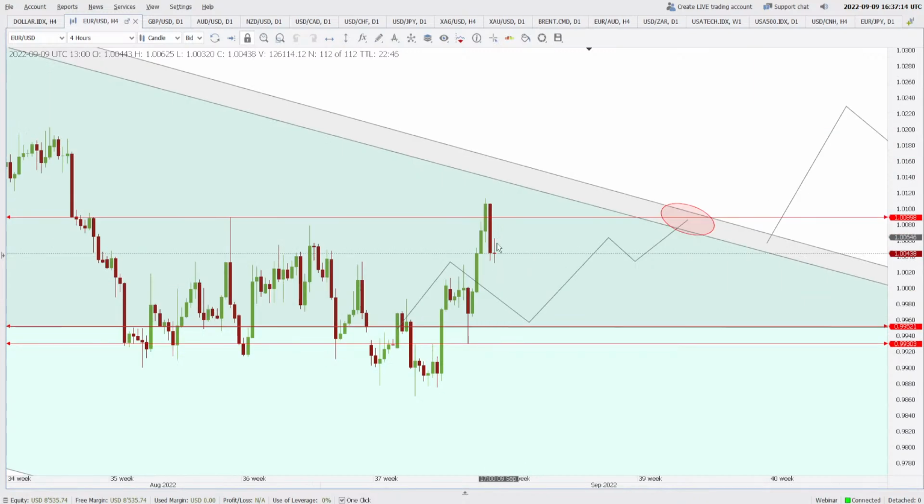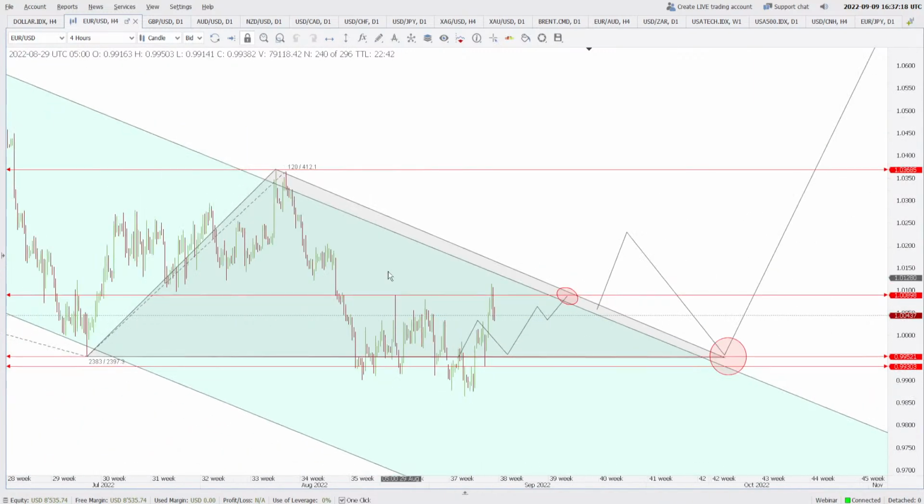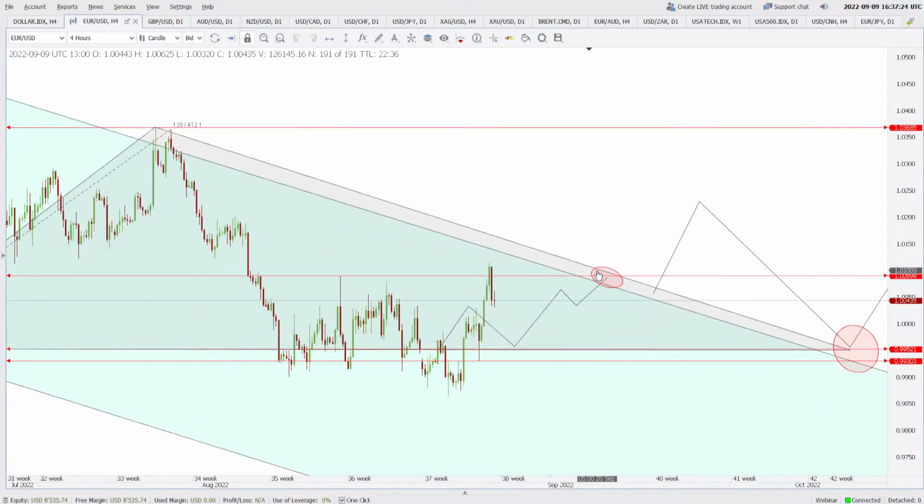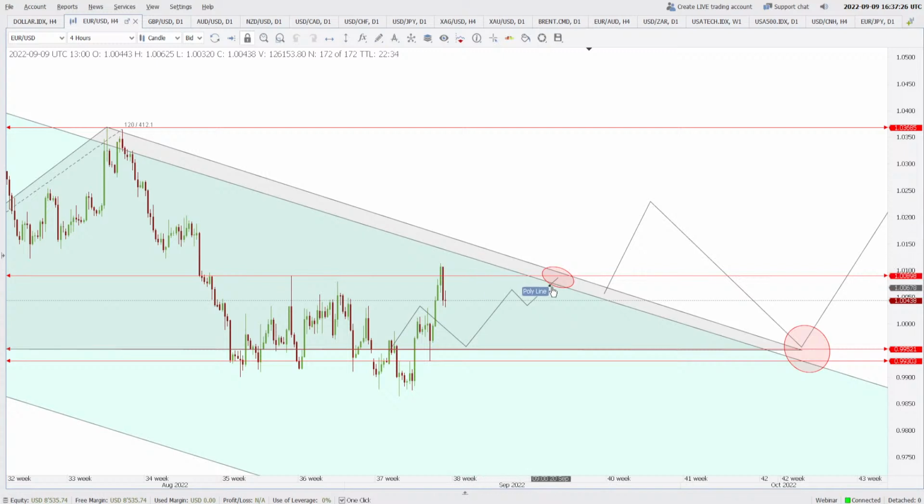I think it is definitely going to find some support here on the way up, but this falling channel is still a problem. If this coincides with the 1.0089 area here, like if it takes more than 10 days to break this area, then the sellers will find more reasons to sell the euro against the dollar here on 19th, 20th and 21st of September.